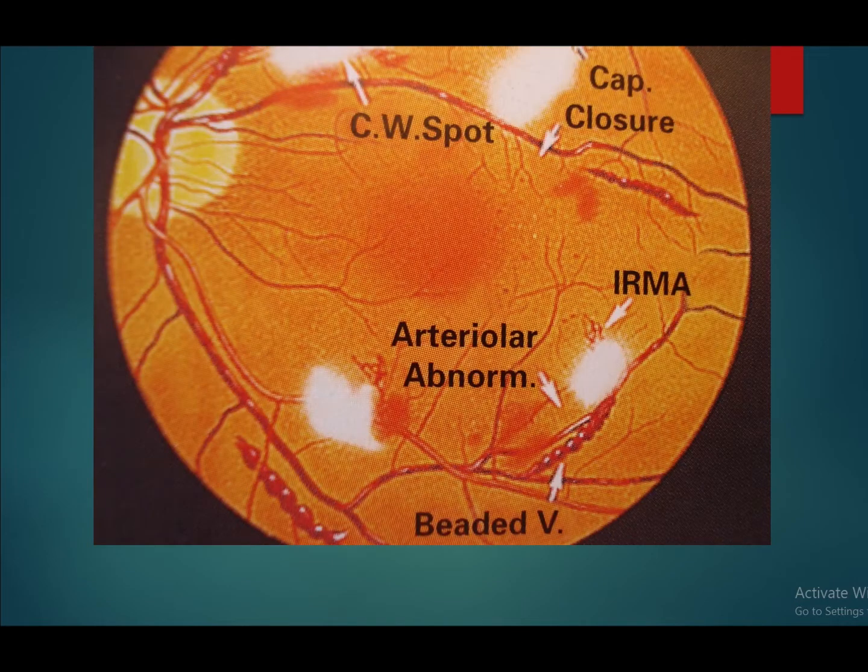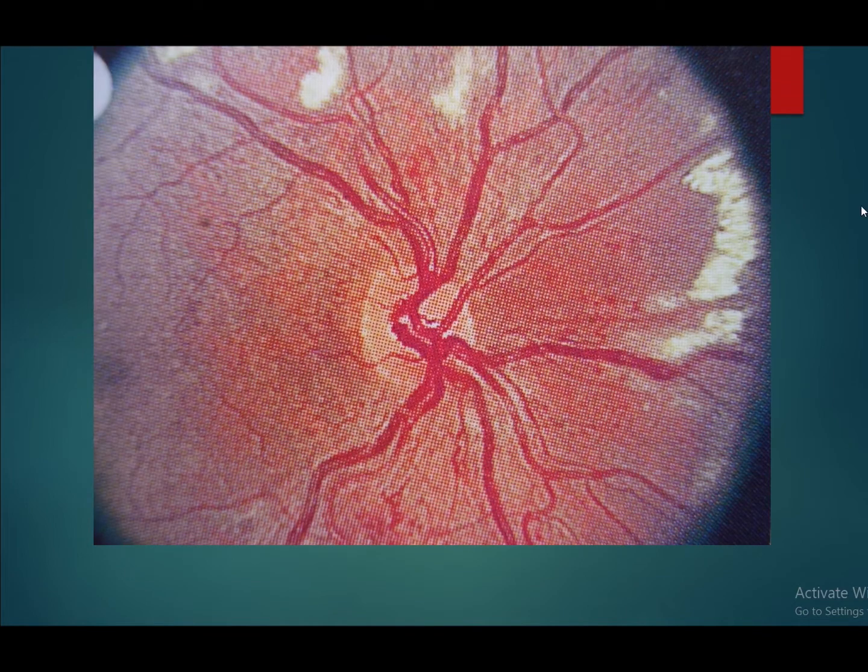And if, in addition to that, you see along with microaneurysms superficial hemorrhages, cotton wool spots, or hard exudates, then it is called moderate non-proliferative diabetic retinopathy. And then you have another classification which is called severe non-proliferative diabetic retinopathy. This obeys a rule which is called the 4:2:1 rule.